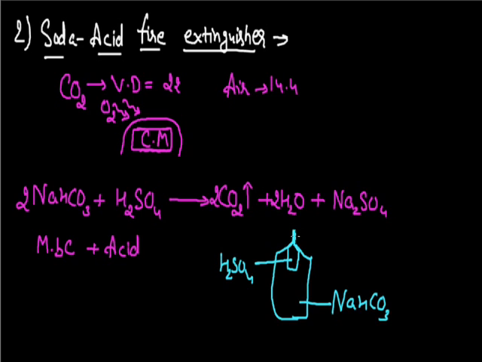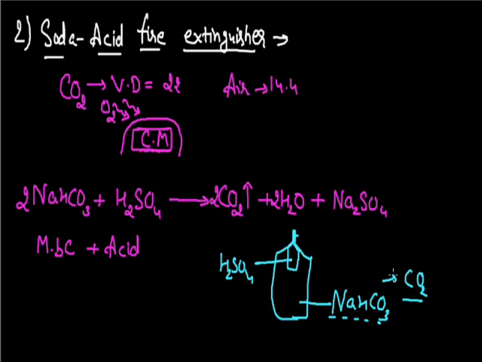When we are to use this soda acid fire extinguisher, this glass nozzle is struck on a hard surface. Since the material is glass, this nozzle breaks, and as it breaks, the bottle connected with it also breaks. Now, as this glass bottle breaks, the liquid sulfuric acid drops down into the bigger bottle, and when it comes in contact with sodium bicarbonate, carbon dioxide is formed by the reaction, which is evolved out and further used to put off fire.